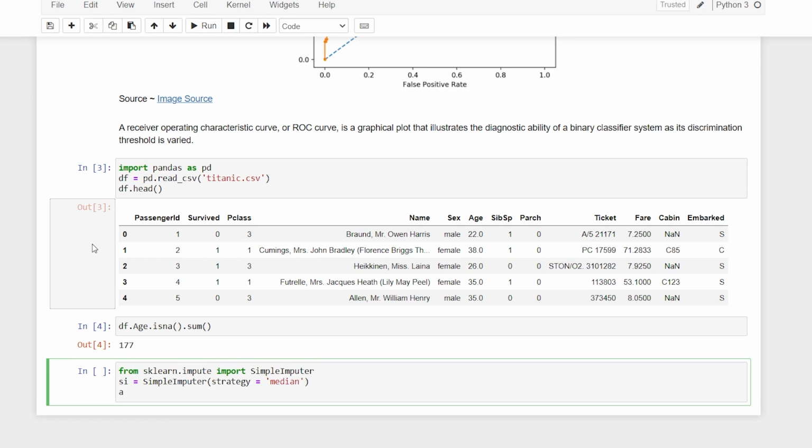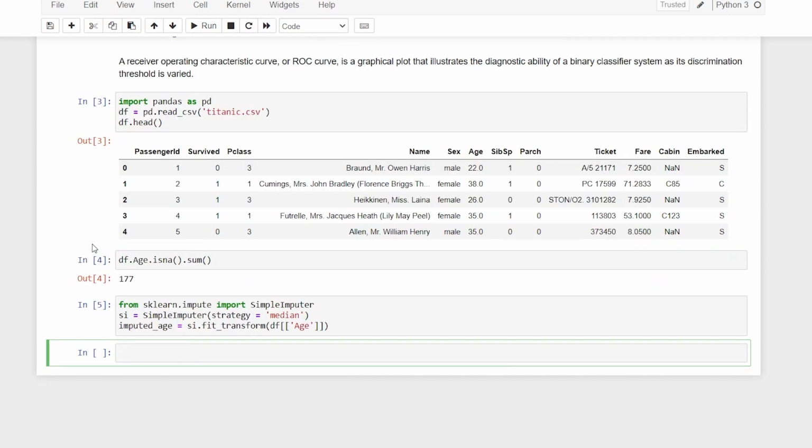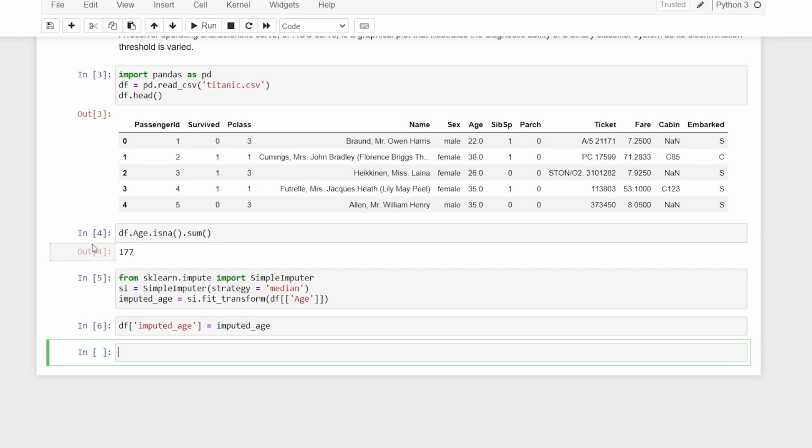Let's say imputed_age, where I say SI.fit_transform on df with respect to the age column, and we have it. Now I'm going to append this back to the dataset. I'll say df['imputed_age'] is equal to imputed_age.